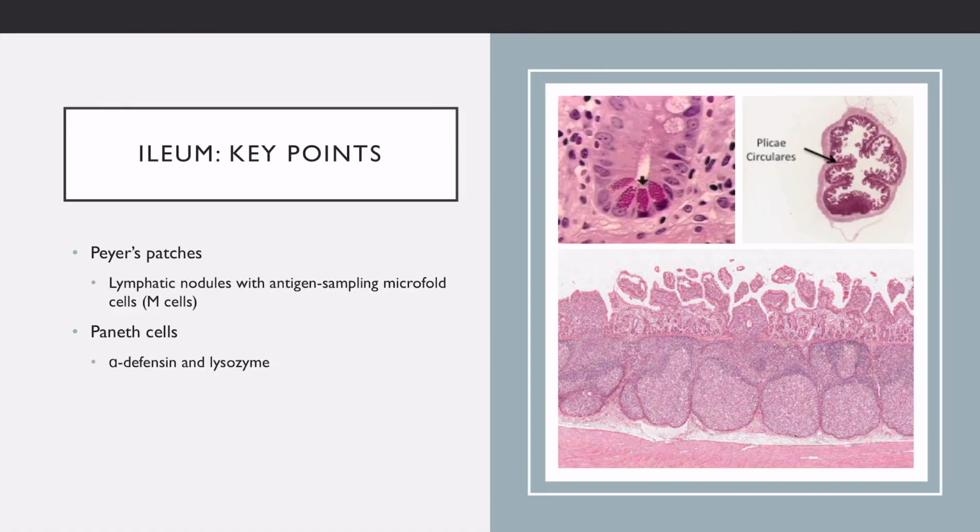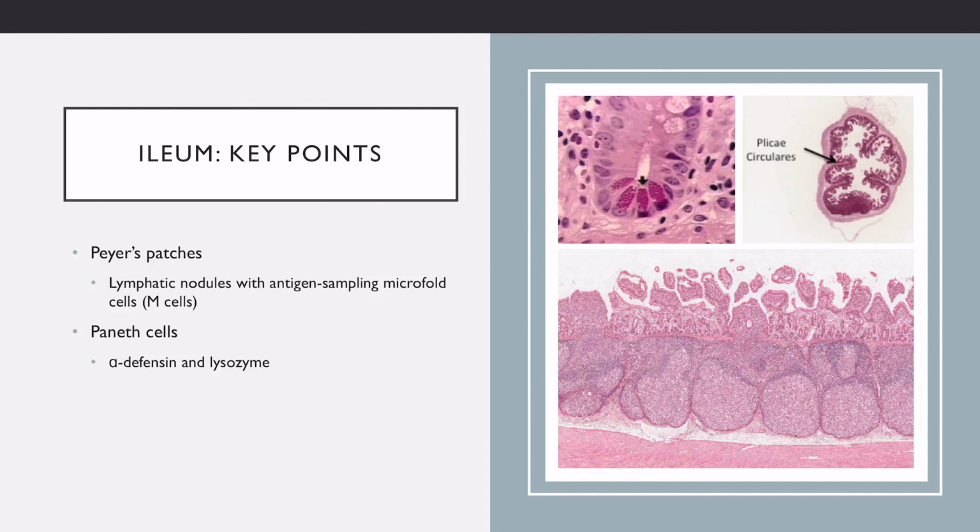The ileum is even thinner than the jejunum, but again has the same four-layer structure and plica circularis that we just saw. Note these distinct round entities in the ileum. These lymphatic nodules are called Peyer's patches. The epithelial cells covering these Peyer's patches contain specialized enterocytes called microfold cells, or M cells. These are antigen-presenting cells that transport antigens from the lumen of the intestine to antigen-presenting cells, which can then initiate